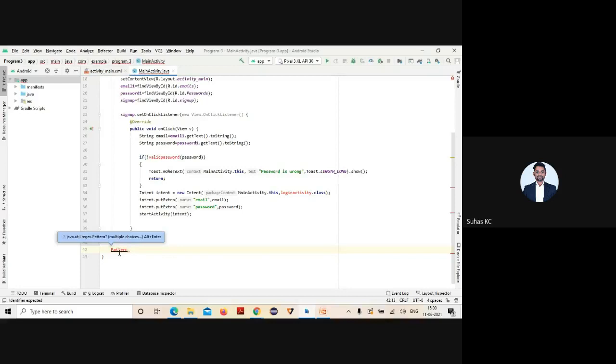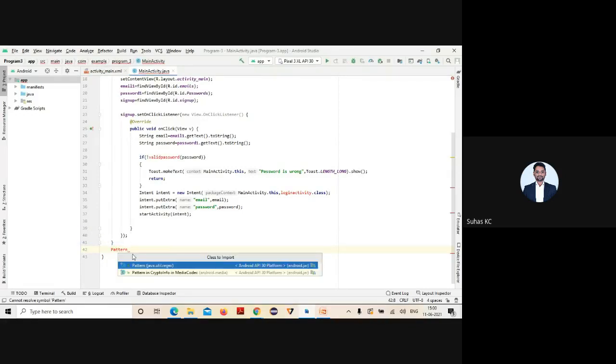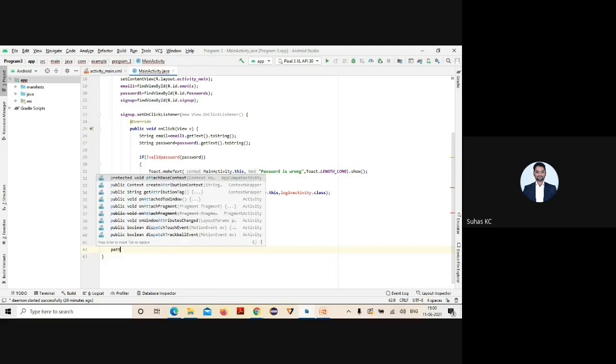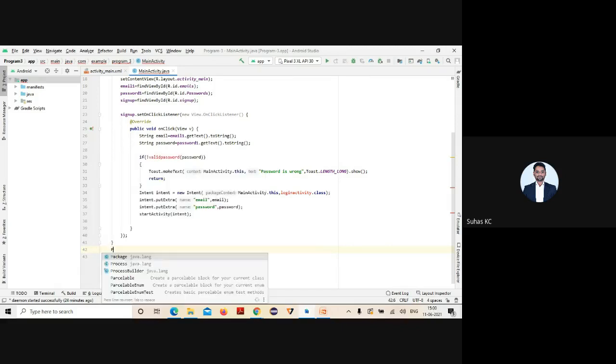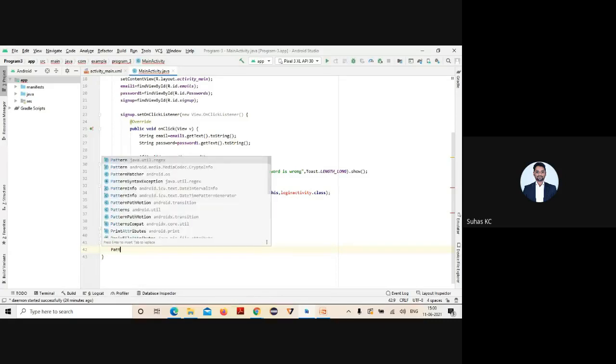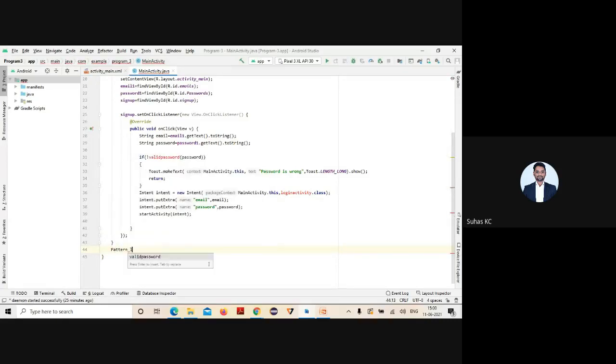I need to write a pattern for all the things: uppercase, lowercase, special characters, all of those. Uppercase capital P, otherwise you will get an error, Pattern. Assume I give lowercase k only.